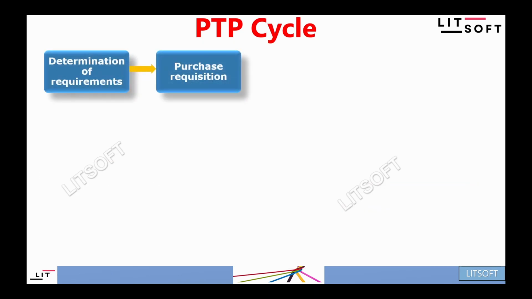Let's discuss the overall PTP cycle. How do we get the requirements? Determination of requirements might be from the sales order, where whoever is the customer is asking, this is what I want and these are the variants. Otherwise, from the past history, independent requirements from the production and procurement departments,